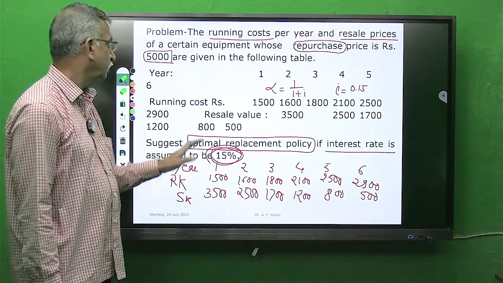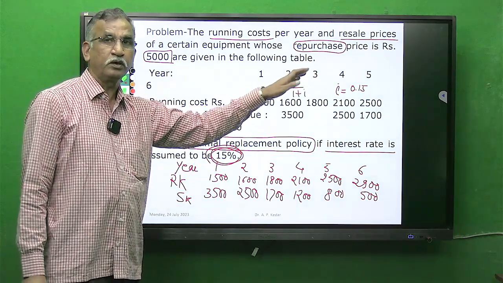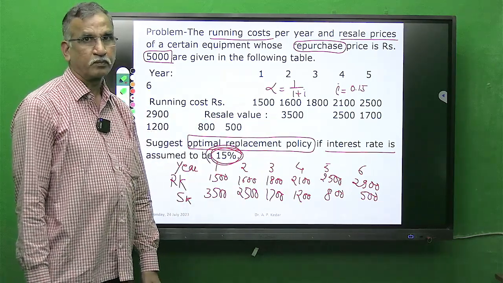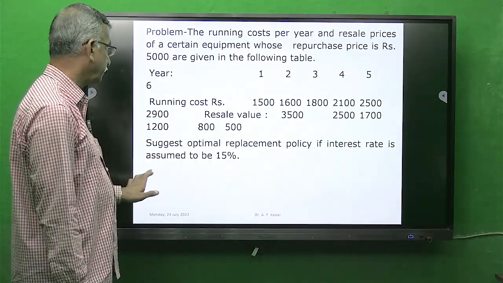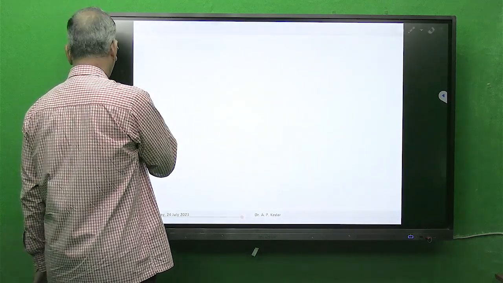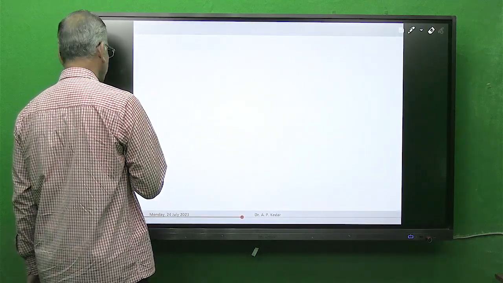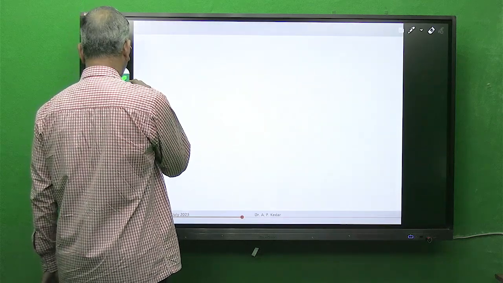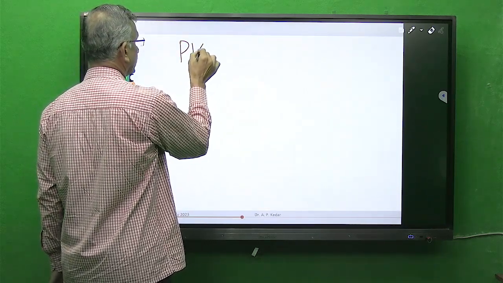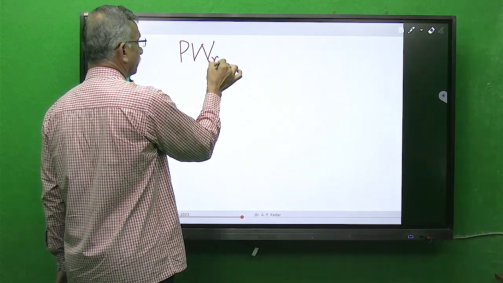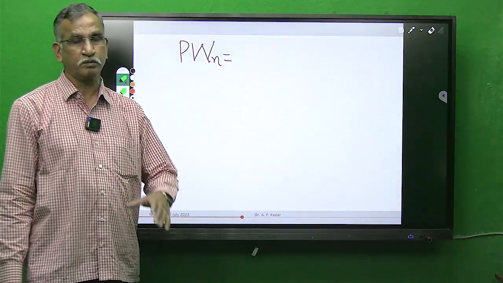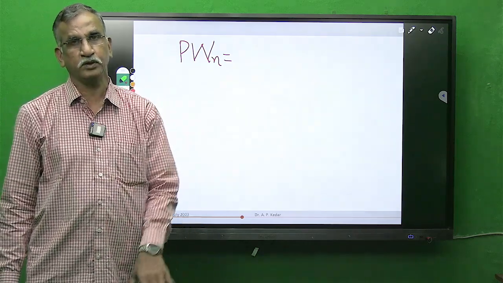Now what we will do, we will analyze this problem for 6 consecutive years with the data given like this, and the formula which we will be using here, if you recall the formula, is for finding present worth. Now do not compare this present worth with very first problem wherein we have estimated present worth for a plain 5 years.